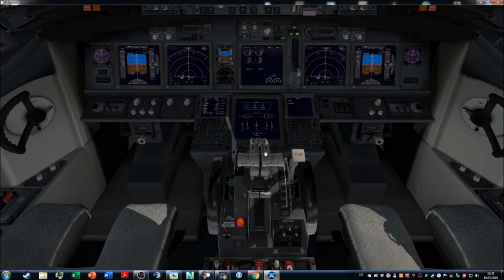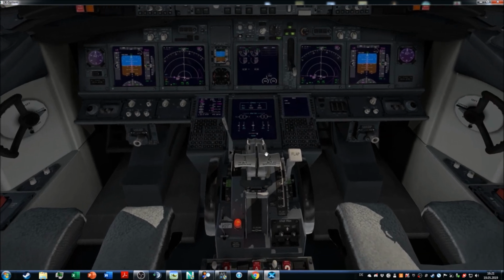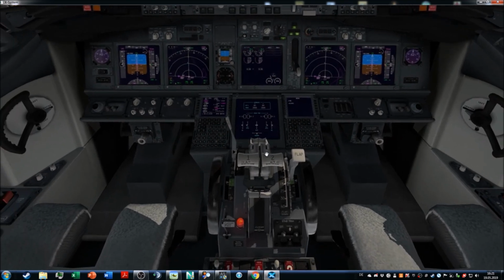So I'm going to move them to their extreme positions: full left, full right, full up, full down. I'm going to check the rudder and see if they follow my commands correctly and to the full positions. Alright,